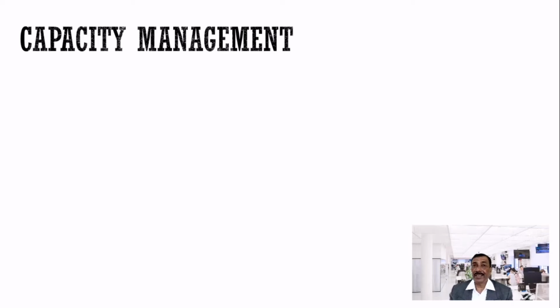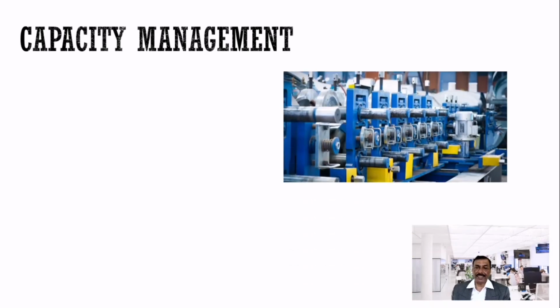When you are making a delivery promise to the customer, you should also know whether you are capable of delivering those items to the customer. So you need to know your capacity to deliver those items. It means studying your capacity, your plant's capacity. There we see different levels of capacity management. We also call this resource management in the long term.